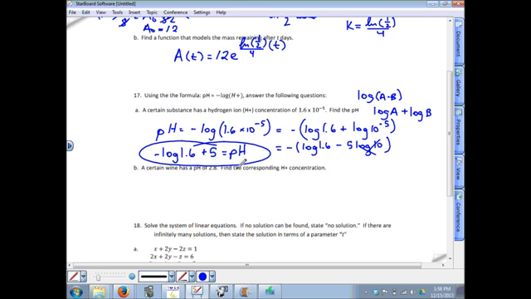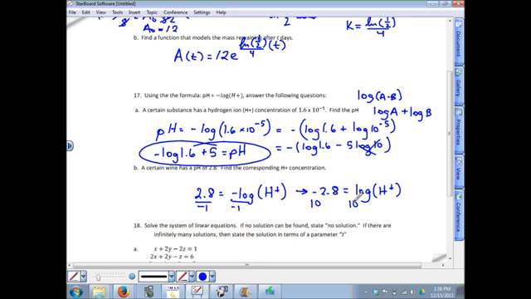Part B, we're going the other way. We know the pH. We want to find the hydrogen ion concentration. So pH value of 2 is equal to the negative log of the unknown H plus value. Now if we divide by negative 1 here, we have negative 2.8 is equal to the log of hydrogen ion value. If we raise both sides to the power of 10,